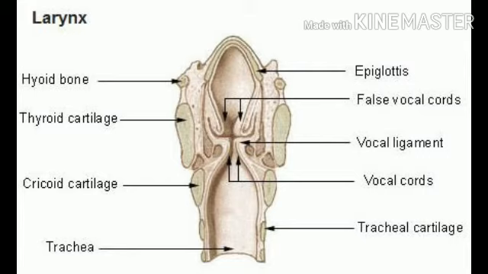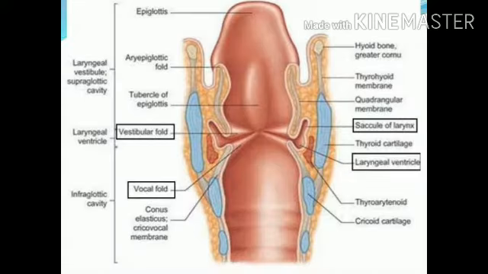Subdivisions of the larynx. Vertically, the larynx divides into 3 regions. The supraglottic region includes the epiglottis, aryepiglottic fold, false vocal fold, arytenoid, and ventricle. Second, the glottis, the true vocal fold, with the anterior commissure and the posterior commissure. And the subglottic region, below the true vocal fold to the inferior border of the cricoid cartilage.